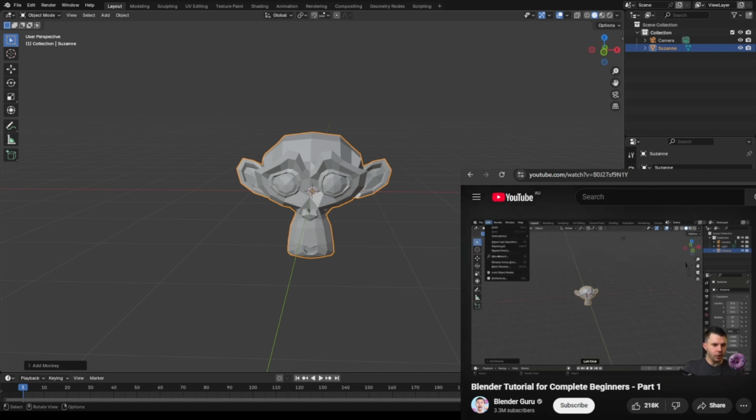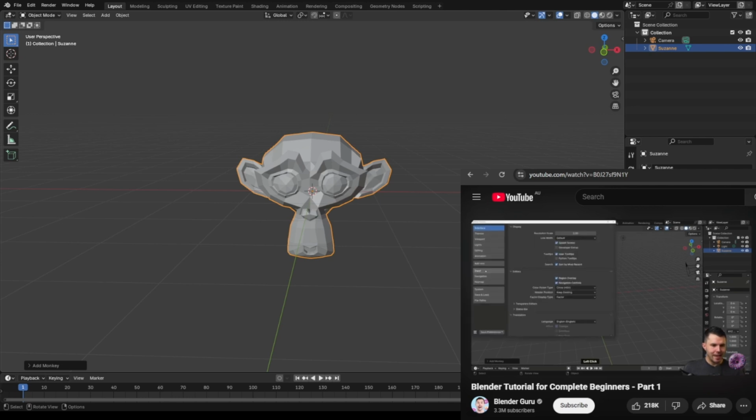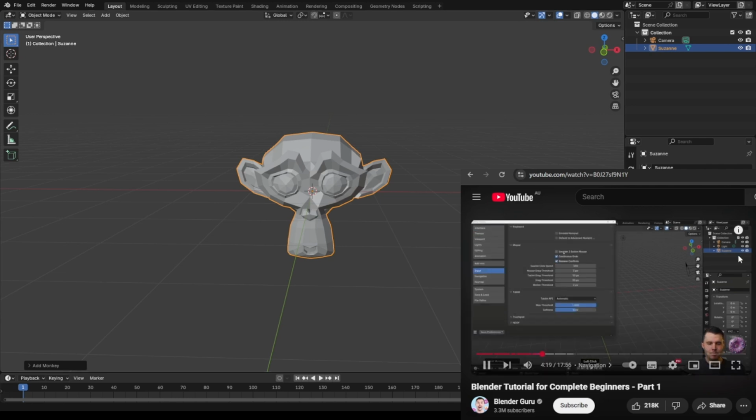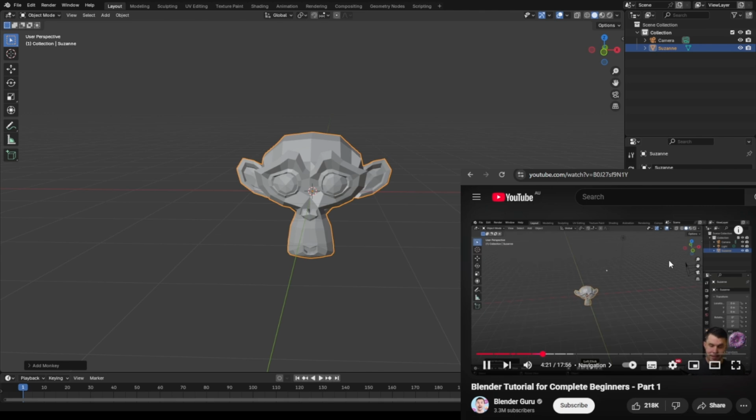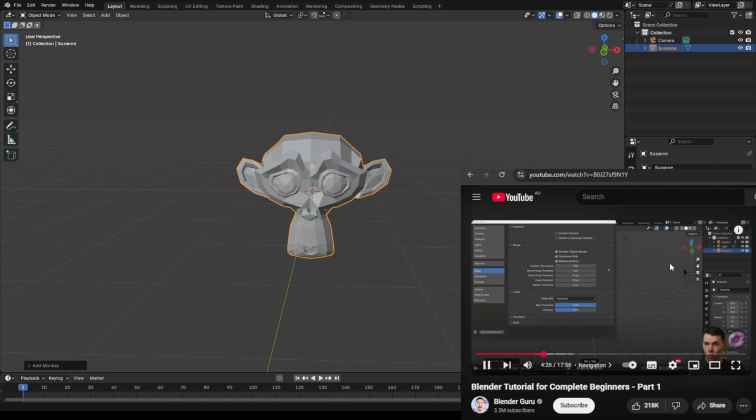Or if you want, you can go to Edit Preferences, and then underneath Input, there's Emulate 3-button mouse. And that means that if you hold down Alt and then left-click drag, that will do the exact same thing. Also, whilst you are in User Preferences,